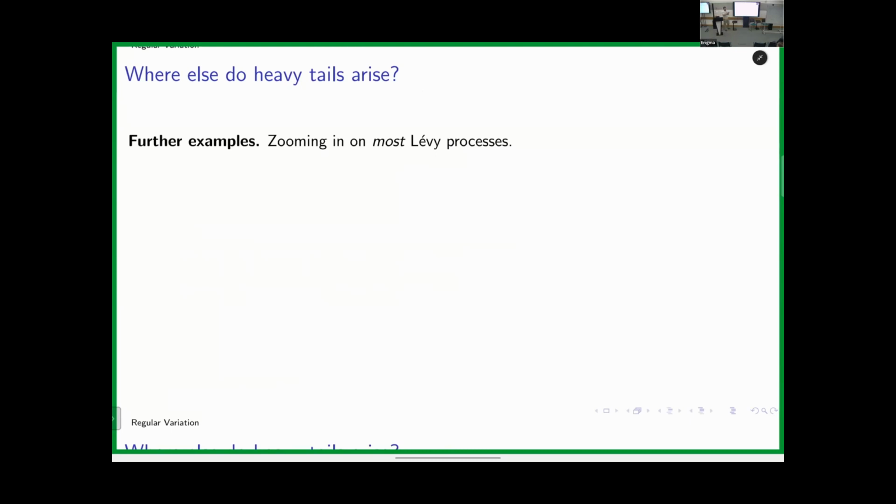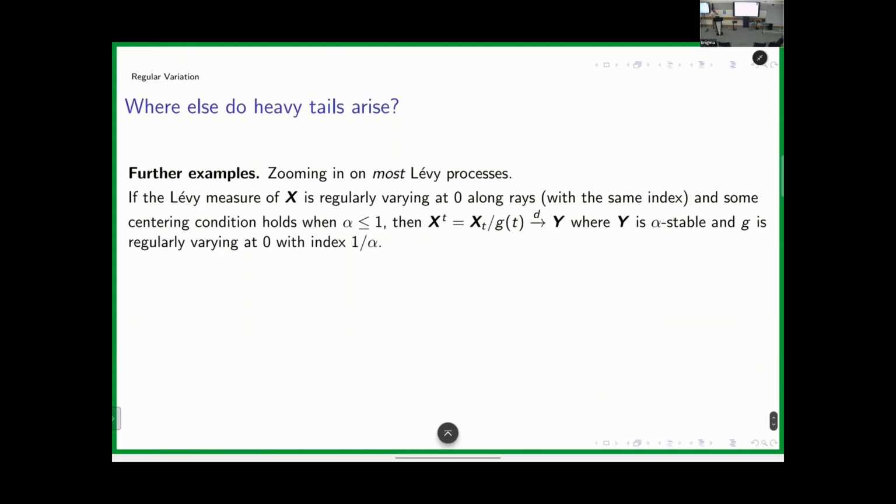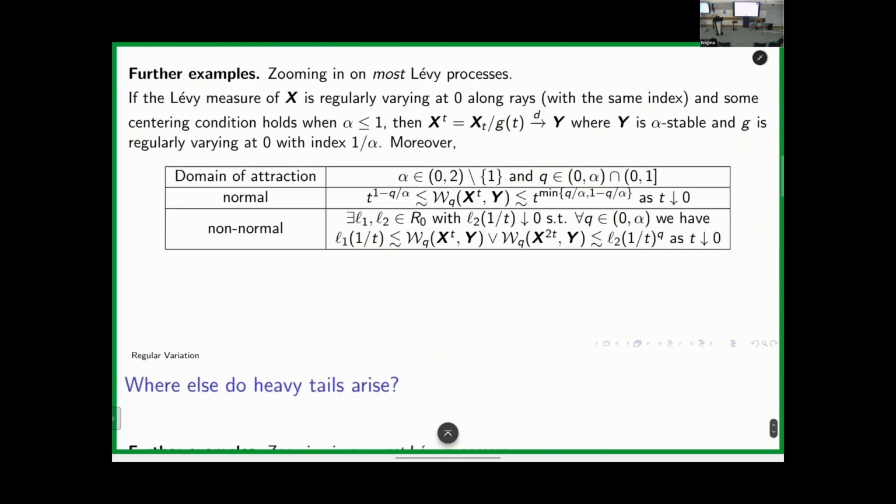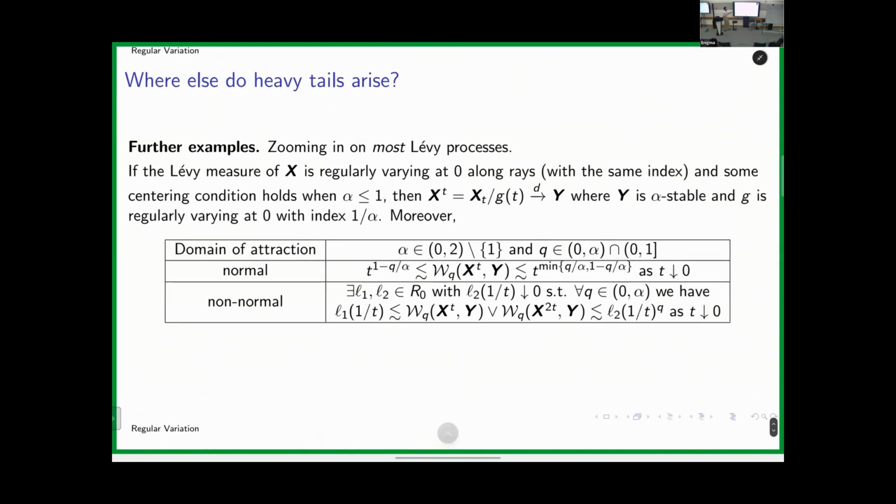But as you zoom in, so the learning rate goes to zero, you have an SDE discretization in short time. In these regimes, you look more and more like a stable process. You have some weak convergence to a heavy-tailed object, necessarily, unavoidably, even if you start with something very light-tailed. Under some mild assumptions, you can also rescale your process to converge to an alpha-stable process, maybe symmetric, maybe not, doesn't matter. And you can get both upper and lower bounds on this Wasserstein distance as well.